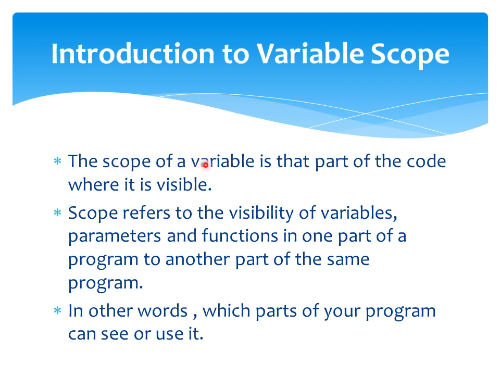The scope of a variable is the part of the code where it is visible. That means we are going to restrict where the variable should be visible and where not. The scope refers to the visibility of variables, parameters and functions. So we are going to restrict variables, parameters and functions from one part of the program to another part.